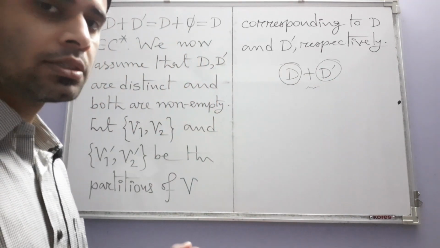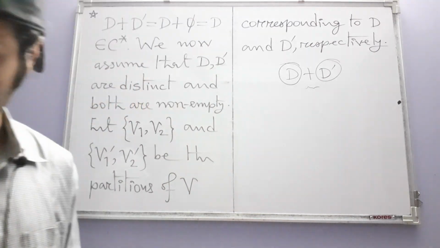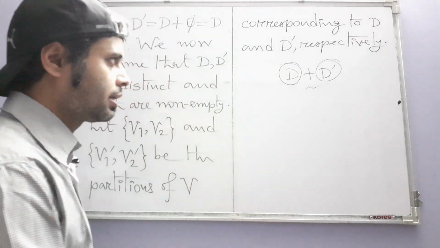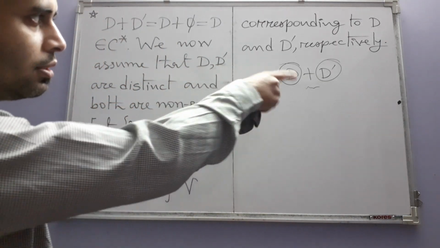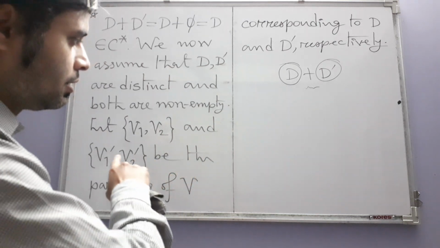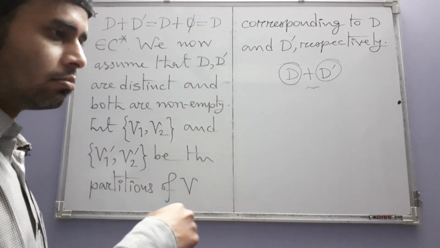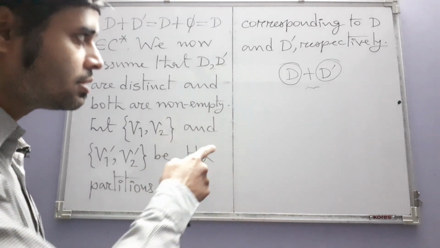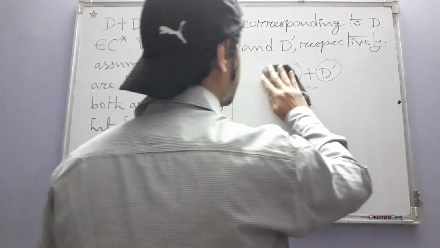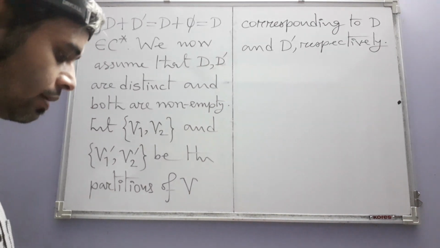So that will give us the symmetric difference, and that is the sum. Okay. Now we want to prove that this sum is also a cut. That means corresponding to this sum, this set of edges, there is a partition of the vertex set which is crossed by the edges of this set. So for that there is a diagram that is given,